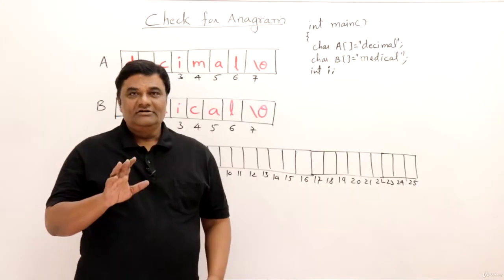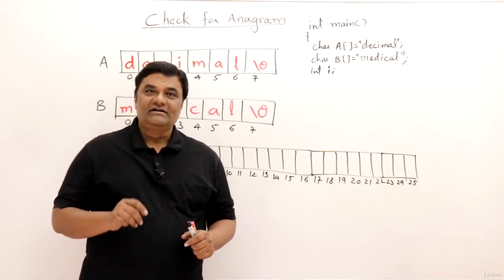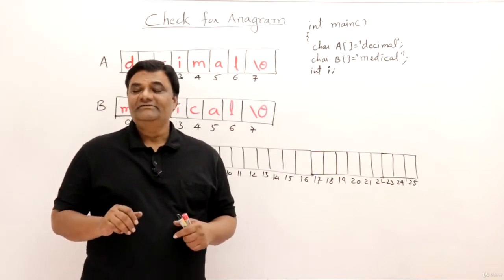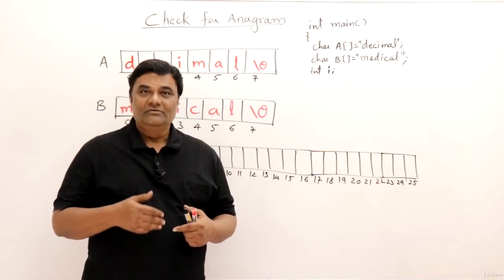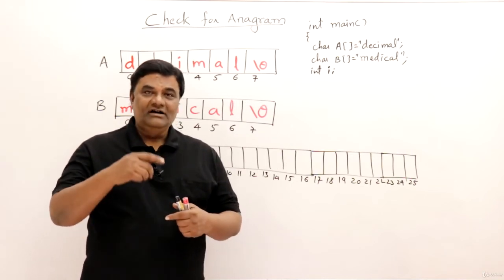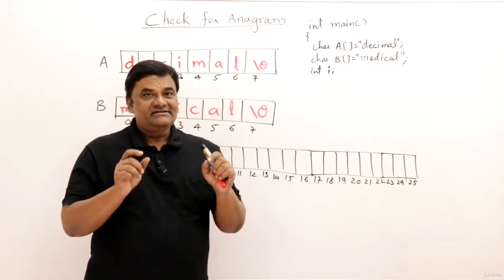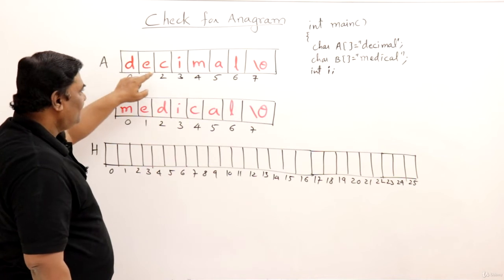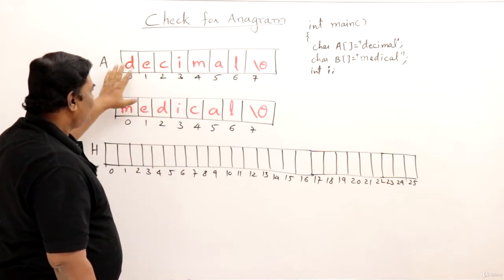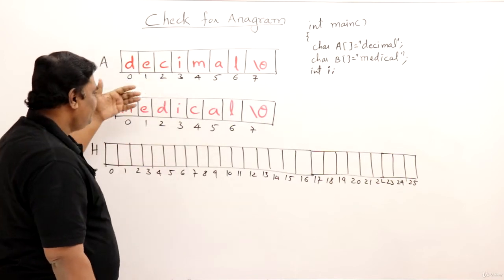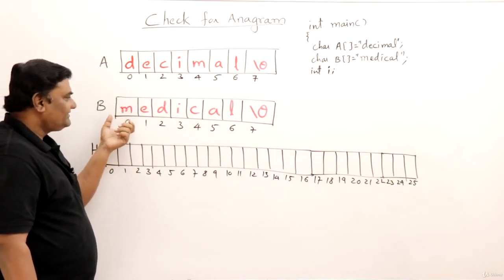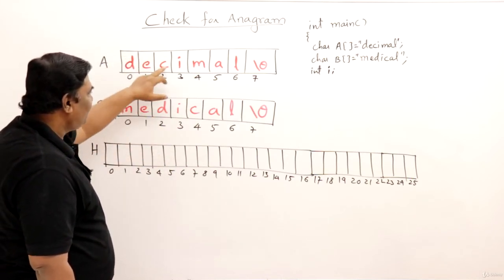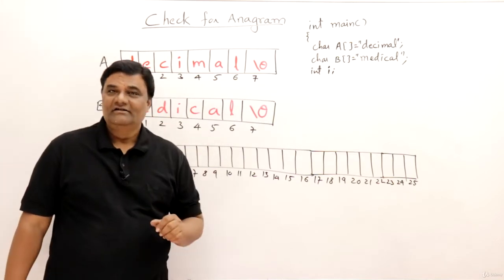That's all. Now the topic is checking whether two strings are anagrams or not. First of all, we'll see what is meant by anagram, then we will see the possible procedures one by one. See, anagrams are two strings formed using the same set of alphabets. For example, here I have the word decimal, and the same alphabets D, E, C, I, M, A, L are used here to form another string, medical. Another word, having the same set of alphabets. D is there, E is there, C and I, everything is there. So these are